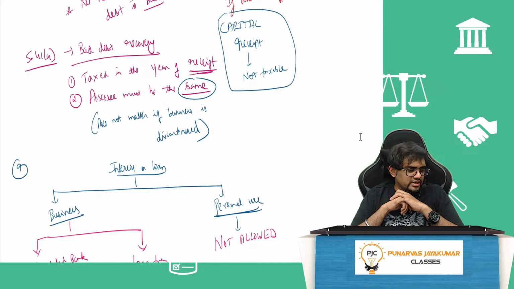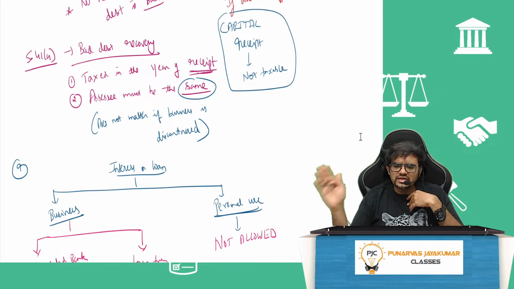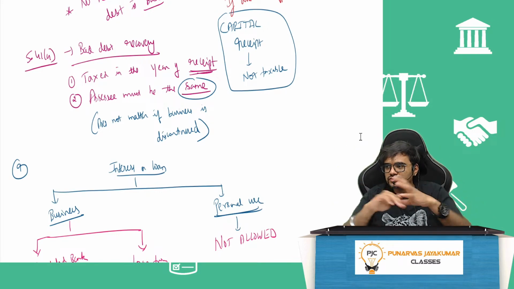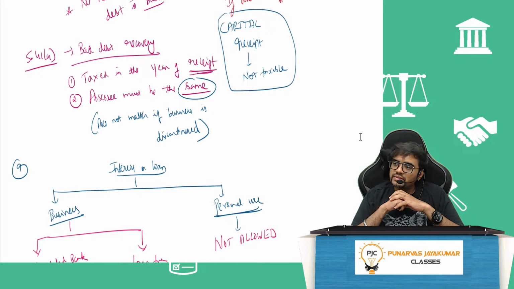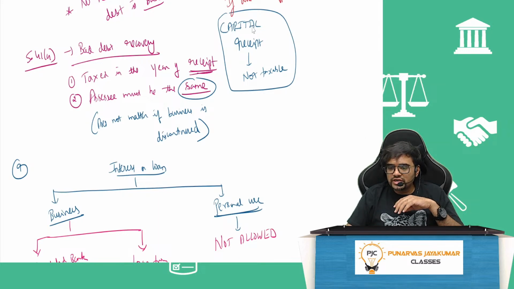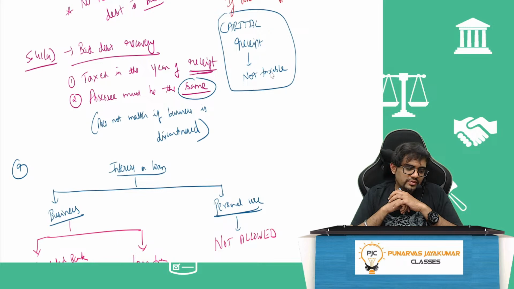And most important, one more condition is what? SSE must be the same. I don't care if business is discontinued, but SSE must be the same. So if SSE varies, let's say in my account, I had taken credit 1 lakh, debit 20,000, overall I paid tax on 80,000. And I sold my entire business to you. I am no longer in the picture. You receive that money 2 years later. Will it be taxed in your hands? No. That, my dear friends, is a capital receipt which is not at all taxable. So there were a couple of cases, PK Kaimal and all those which we had seen in regular batch. Yes, in all these cases, it is a capital receipt, not taxable.